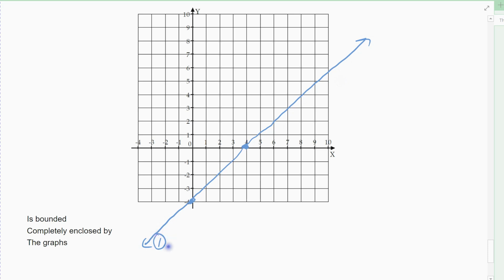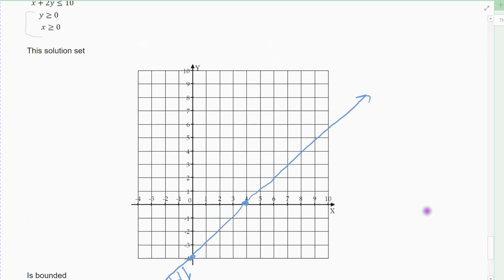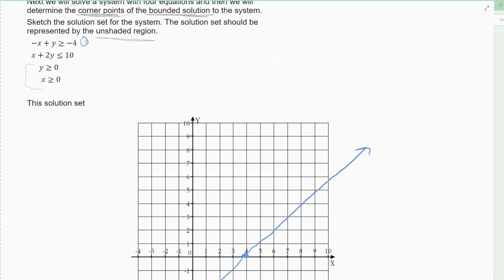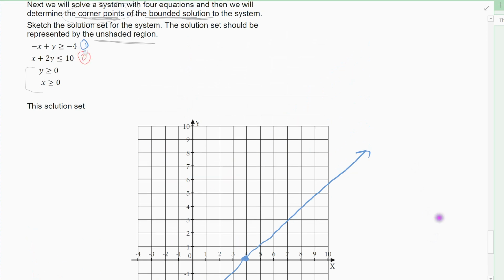So there's my equation 1, which is negative x plus y equals negative 4. And remember, we shaded below that line. Alright, so I'm going to keep that in mind. I'm shading below. Alright, the second line, which I'm going to draw in red, went through the points, and I